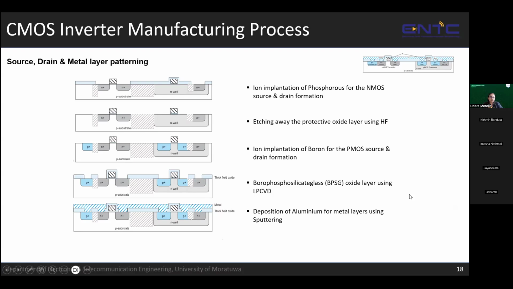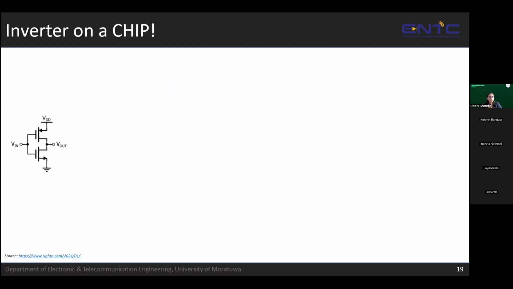But even though I showed this in roughly 15 steps, even a simple basic CMOS manufacturing usually has more than 50 steps. And when it comes to an IC, it goes for like 100, 200 steps, and it's a months-long process. And it happens under highly controlled conditions. So to finally give you an overview of